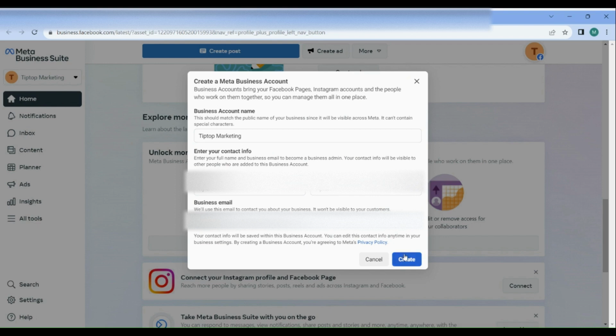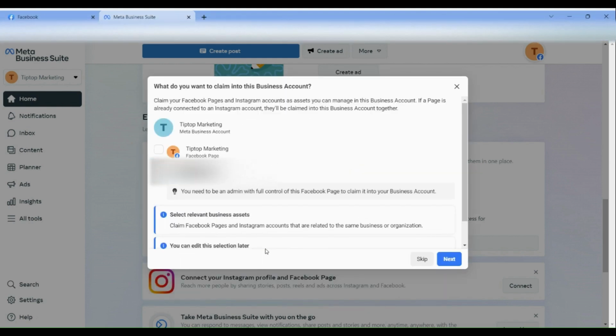So once we're done entering our information, we just click create. And now it's asking us, what do you want to claim into this business account? Claim your Facebook pages and Instagram accounts as assets you can manage in this page. And so we want to click on our page that we just created,